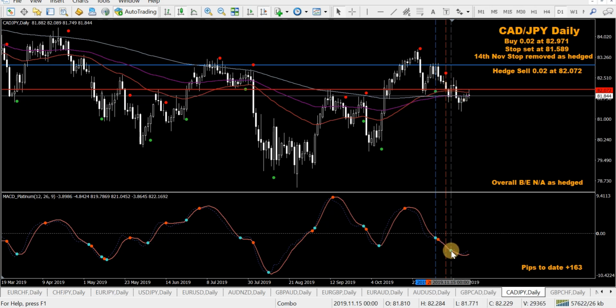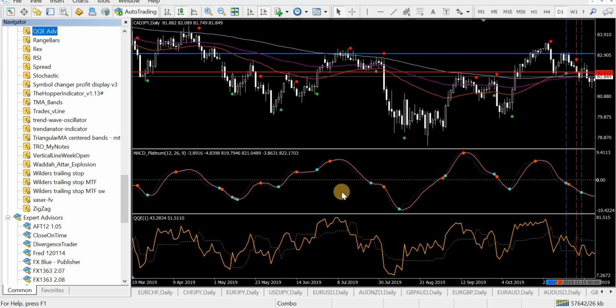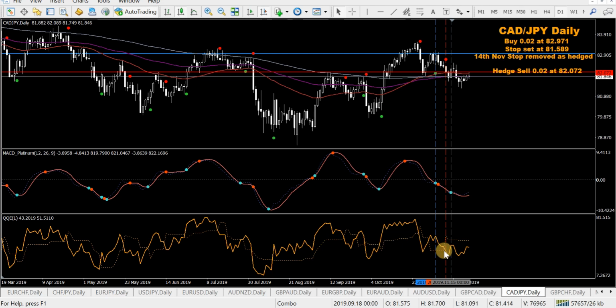And we've got another blue dot on the MACD Platinum below the 0 level. It's starting to turn up. You could probably throw the QQE Advance on the chart, and it gives you an idea of possibly when it could be turning to the upside. So to get a green QMP filtered dot, I need this solid line to break through that dotted line